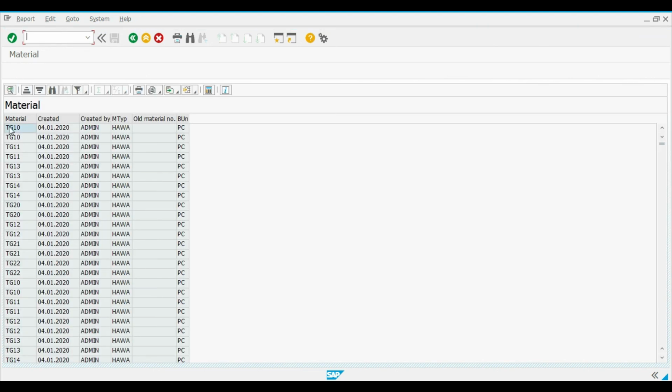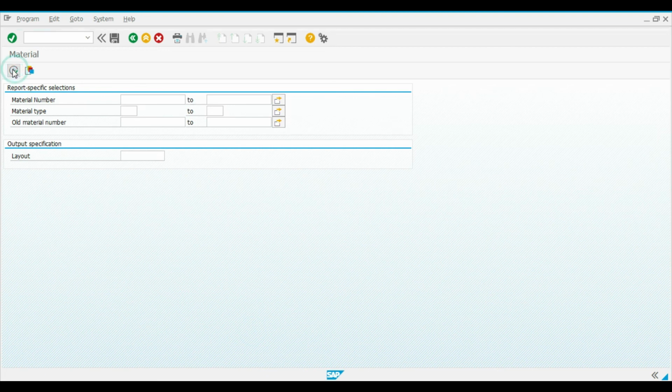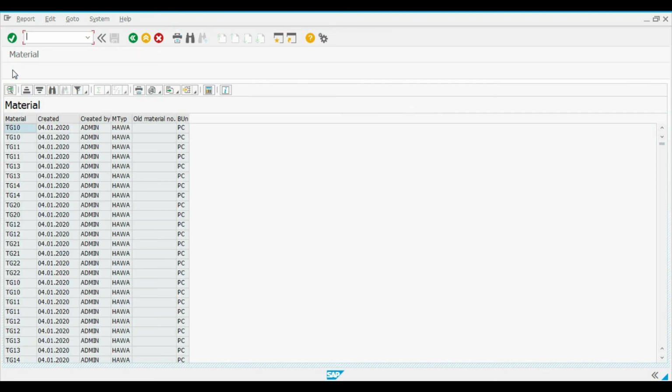So here this is the data which we have, and the data is supposed to be similar. Let us check. Yeah, data is also similar. So we have created a transaction code for the SQ01 query without the help of any program name or generating any ABAP report or anything, right?